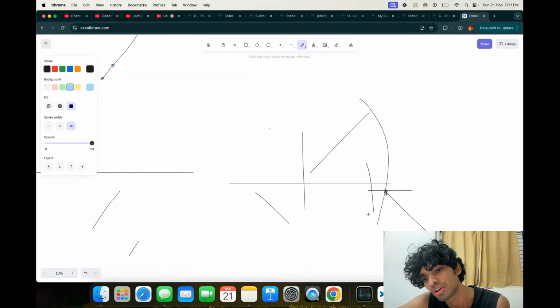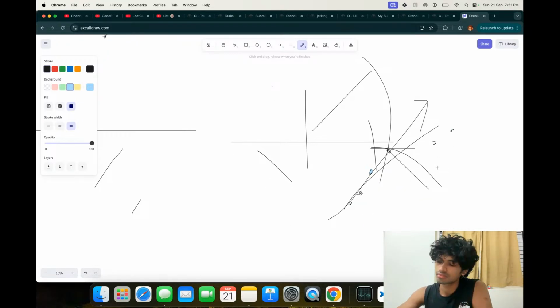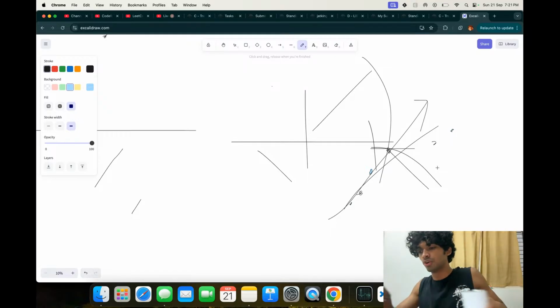That's greater. Means all of them are smaller. Okay, but then is it possible for n equals 4?